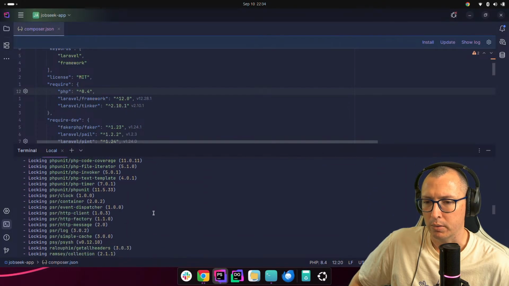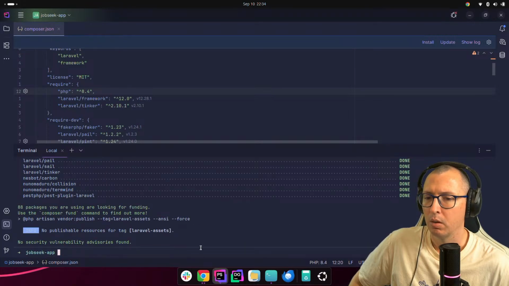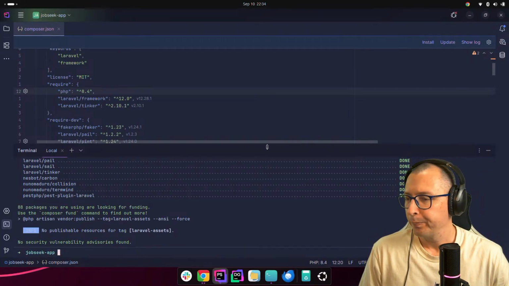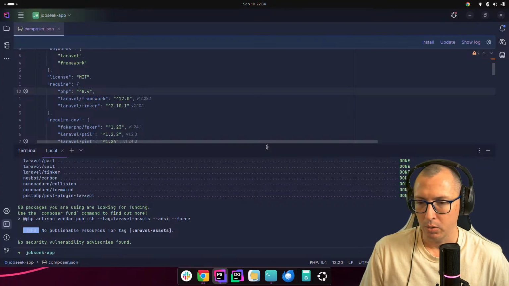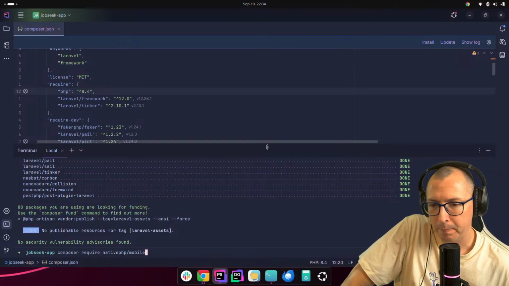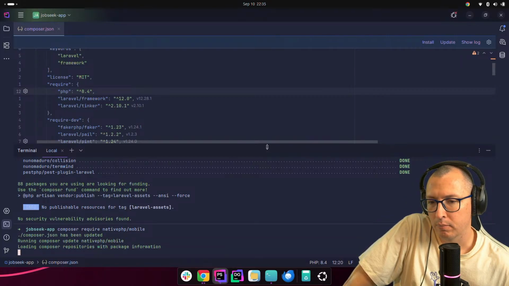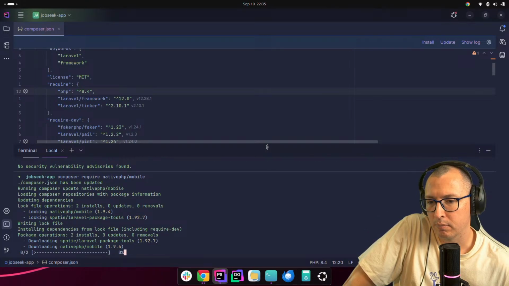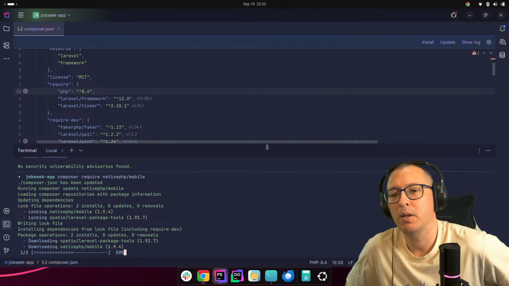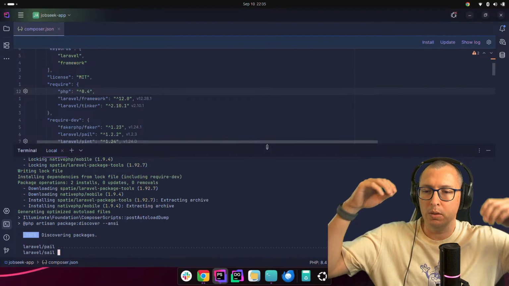All right, I think that worked. Okay, cool. Let me try and do composer require again for NativePHP mobile. Here we go. We're doing it. All right.